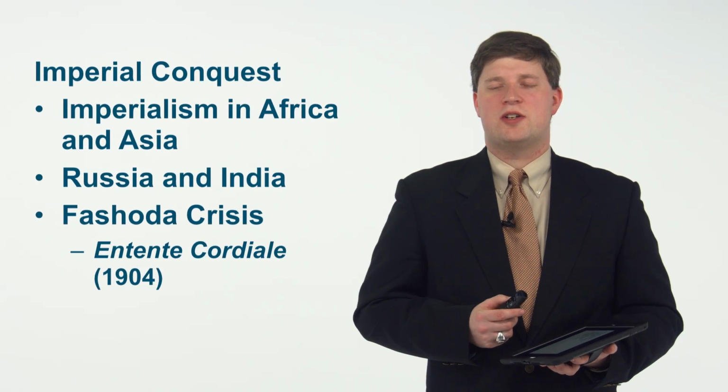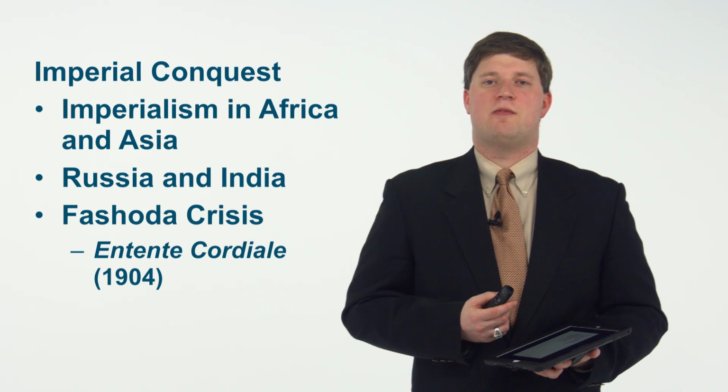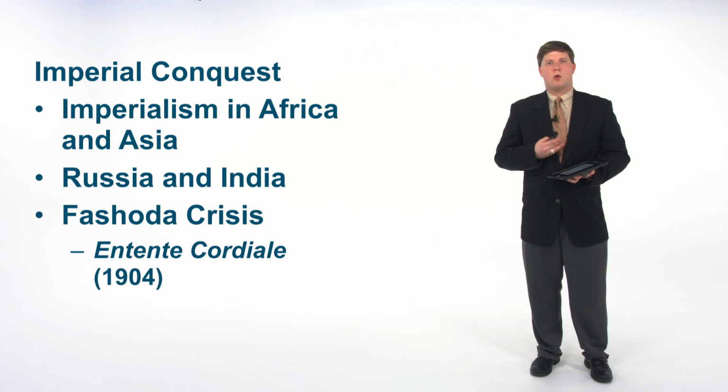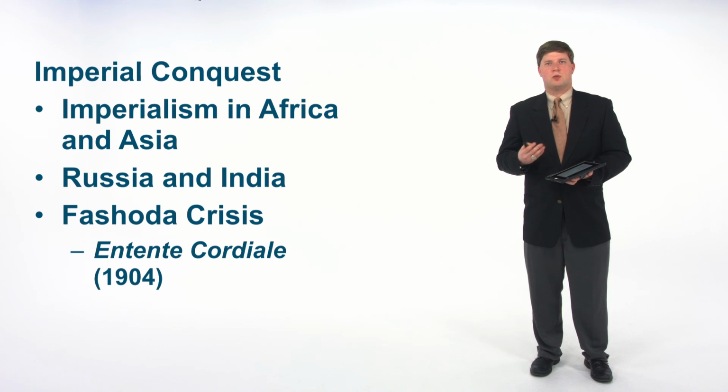Now, if the Eastern question concerned an old power and an old issue, the other area of growing diplomatic tension involved new powers and a new area of conflict. We're going to cover imperialism in more detail later, but it's important to see how the expansion of Europe into Asia and Africa was causing diplomatic repercussions during this time period. Like during the period we covered in terms of the Seven Years' War, the expansion of European powers overseas didn't mean that conflict lessened. It just meant that there were greater areas of tension and greater areas in which you could potentially lead to war. I'll give you two examples that showcase this.